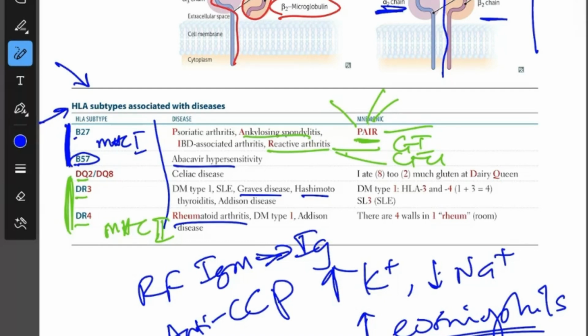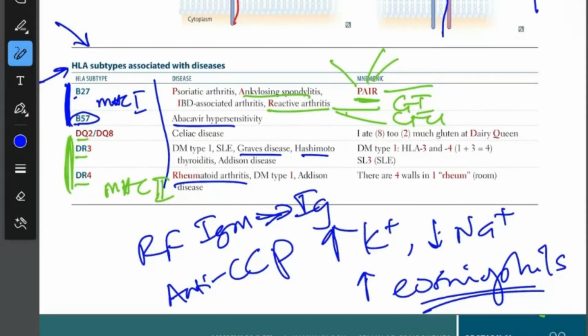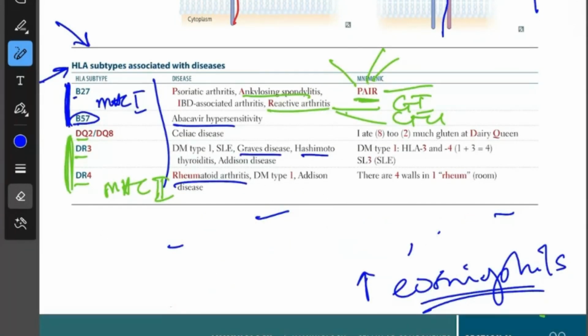Some of the symptoms you have are fever, fatigue, and all the rest, but more of joint stiffness that is worse in the morning. It affects both sides, the joints in the hands and wrists, symmetrically, right? So it can lead to joint deformities as well. Okay, I think that's that for that. So let's move on to